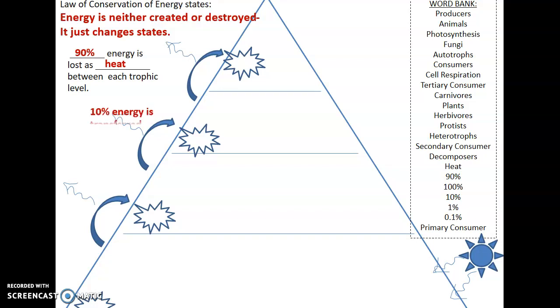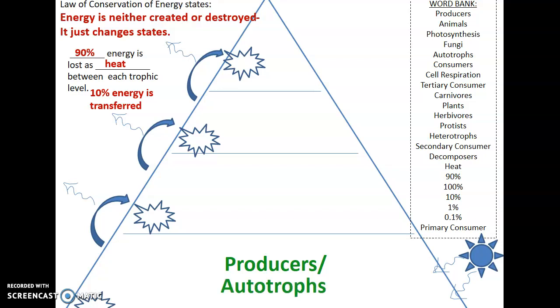Okay, so let's just continue here. 10% of the energy is transferred through each of the food pyramid levels. So we're going to label our pyramid, just like we would a food web or food chain. At the very bottom, the very base, we've got our producers, right? That's the bigger amount. We have a large amount of plants. Our autotrophs and producers, same things. They automatically make their own food from the sun. They produce their own food. Those are going to be at the base, at the bottom of our pyramid.